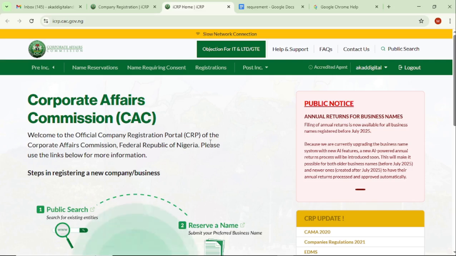In this video I'll be showing you how to do share allotments among two or more shareholders. I'll be making use of 1 million share capital, and we are going to be distributing